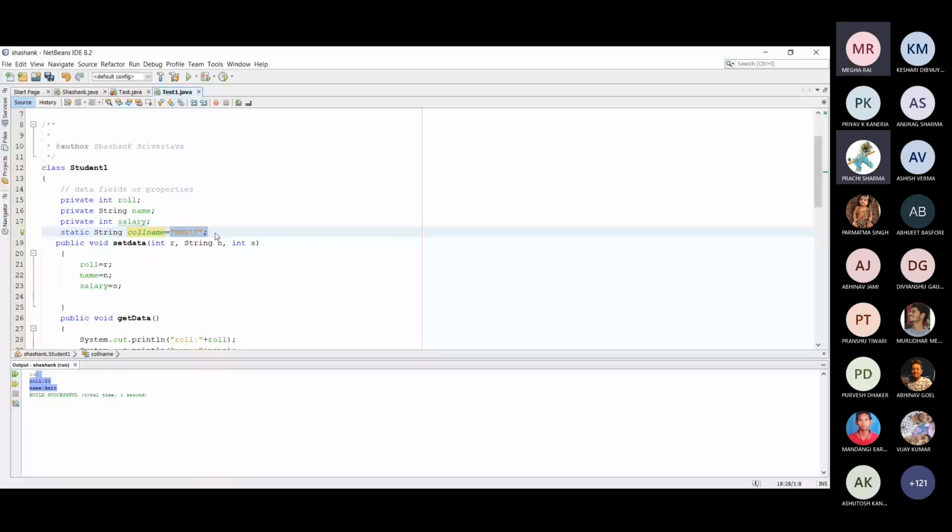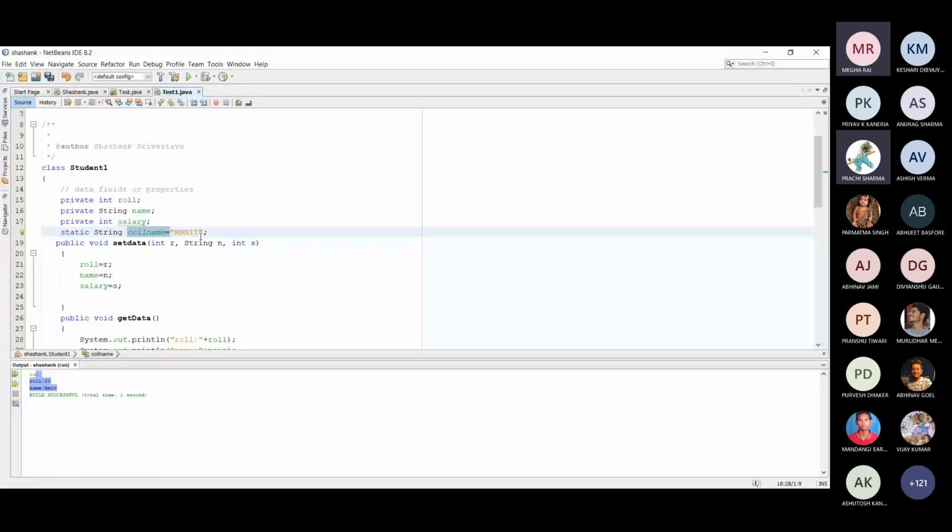When you create college name MNNIT and you create 100 objects, that means 100 times roll number, 100 times name, 100 times salary, but memory for college name is allocated only a single time, and all the objects share the same memory location. In this way, college name is MNNIT.